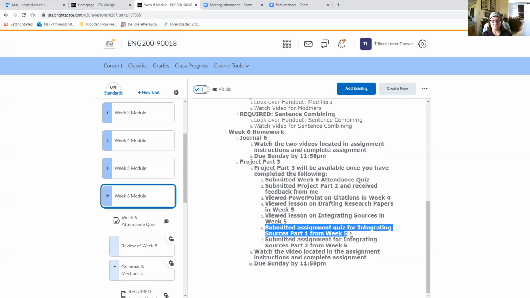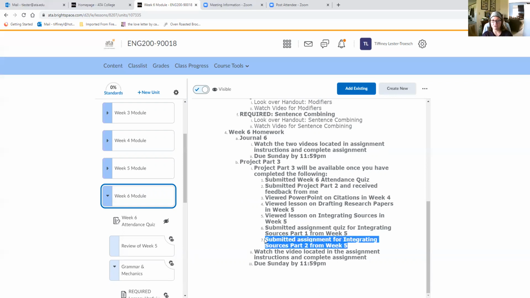You have to have submitted the assignment quiz for integrating sources part 1 from week 5. You don't necessarily have to have it graded yet, but it has to have been submitted in order to access project part 3. Same thing for the other week 5 assignment, which was integrating sources part 2. You have to have at least submitted that assignment in order to access project part 3. So if you have accomplished all 7 of these items, then you should be able to access project part 3